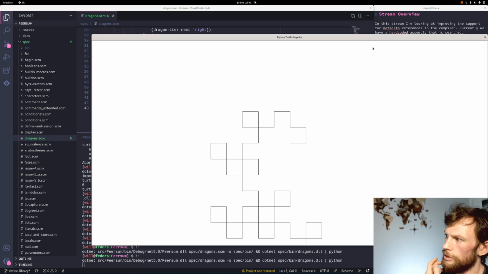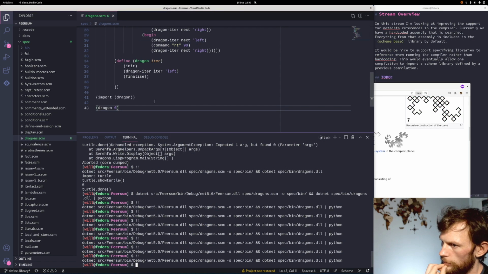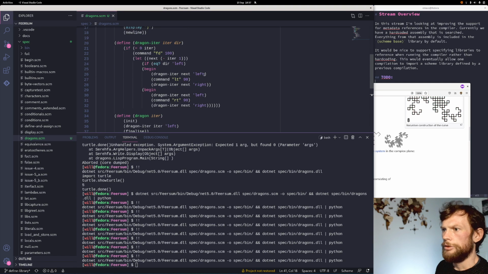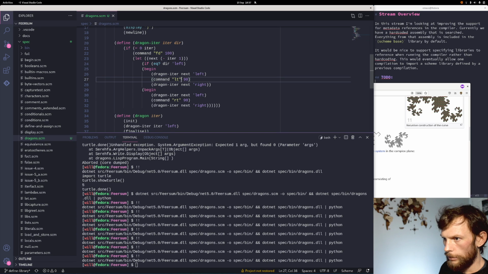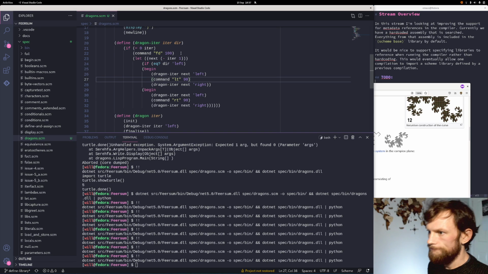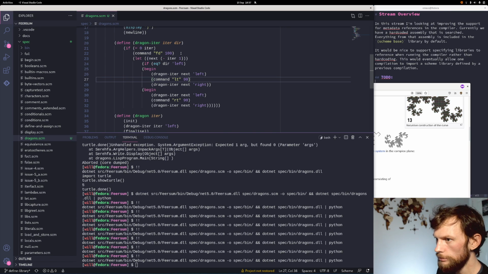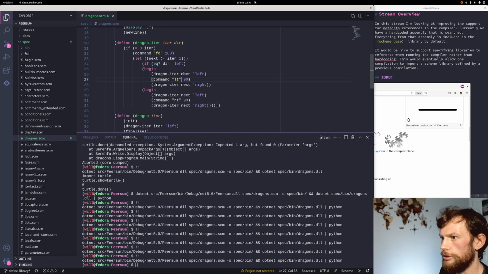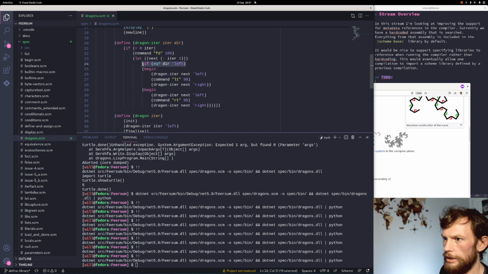It went off the screen. That's what happens. So what we can see here is that we always do drag an iteration at the next to the left, drag an iteration at the next to the right, with a turn in the middle. So what I'm going to do is I'm going to move the if inside the begin,